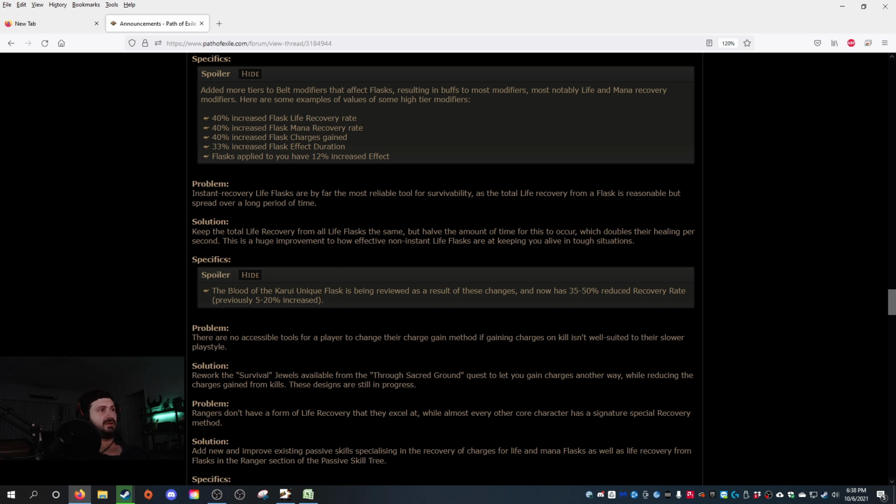This is a huge improvement to how effective non-instant life Flasks are at keeping you alive. So Blood of the Karui is a really good Flask, so what have they done with this? So it's being reviewed as a result. Now has 35 to 50% reduced charge recovery rate. Yeah. The big advantage of this one is at the end of the Flask effect, you then get your maximum life restored. So this is actually a really good Flask,